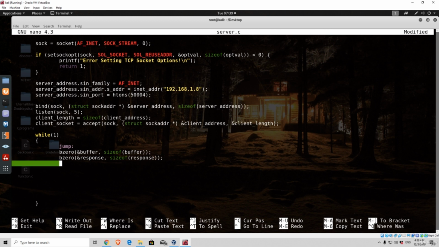And the next thing is we need to prompt the user of this server to input a command to send to the target. So for example, let's say we create a connection with the target system. We managed to hack a Windows 10 machine. And let's say we want to see all of the files in the desktop directory on the target machine. We would need to input somewhere dir command, and that dir command would be sent to the backdoor, and backdoor would execute that dir command in its terminal,